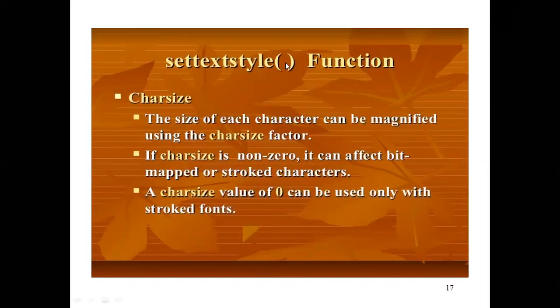Now you can see here, in the settextstyle function, under this is character size, where you can change the size of the character. The size of each character can be magnified using the character size factor. Here you can use the character size and enhance the size of the character.